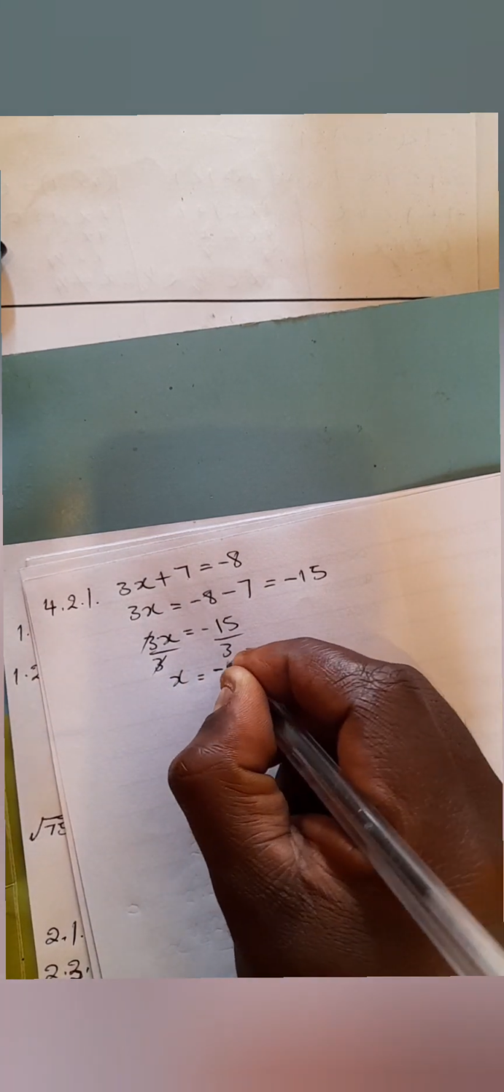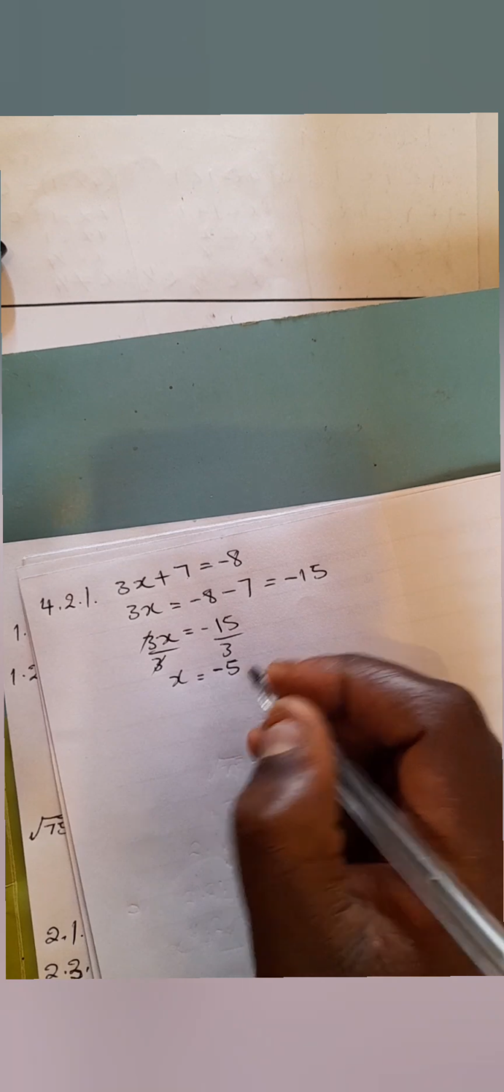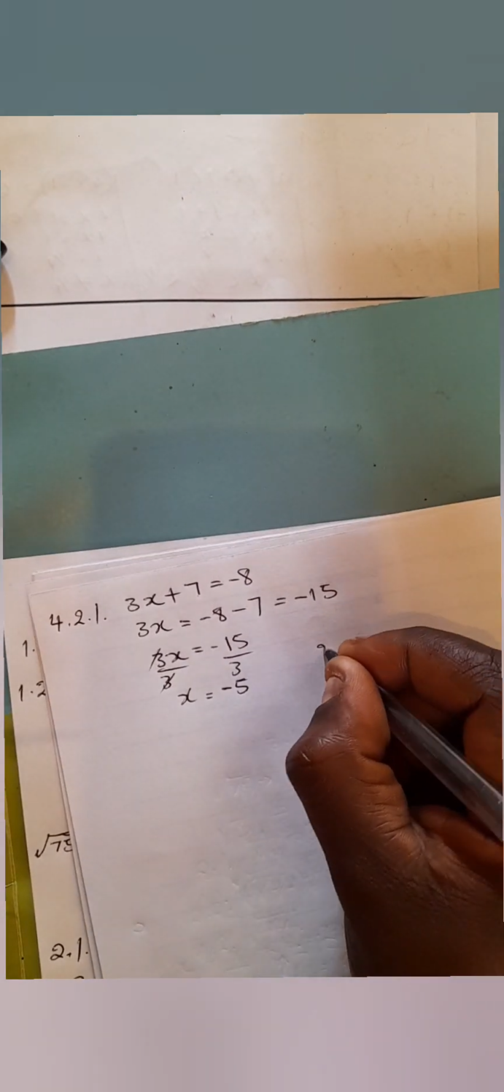Negative 5. This is 2 marks, for 2 marks. Okay. 4.2.2